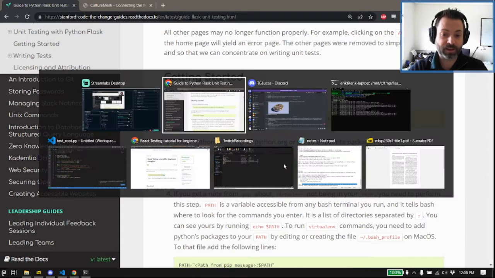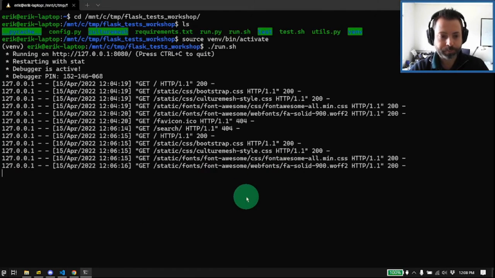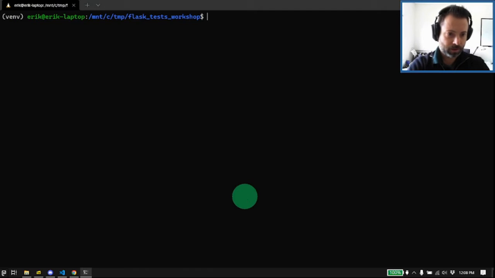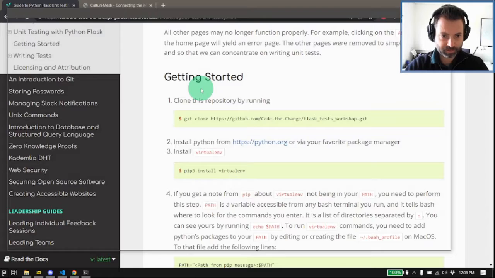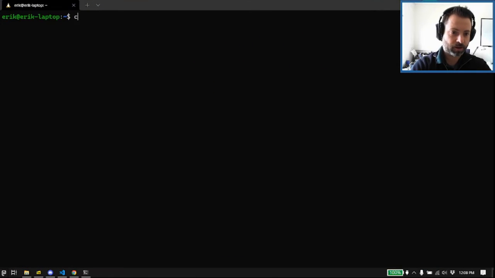I'll do it here just to kind of show you what I've got going on. So let me go ahead and reopen, apparently, because I typed exit instead of just intelligently exiting the virtual environment. So